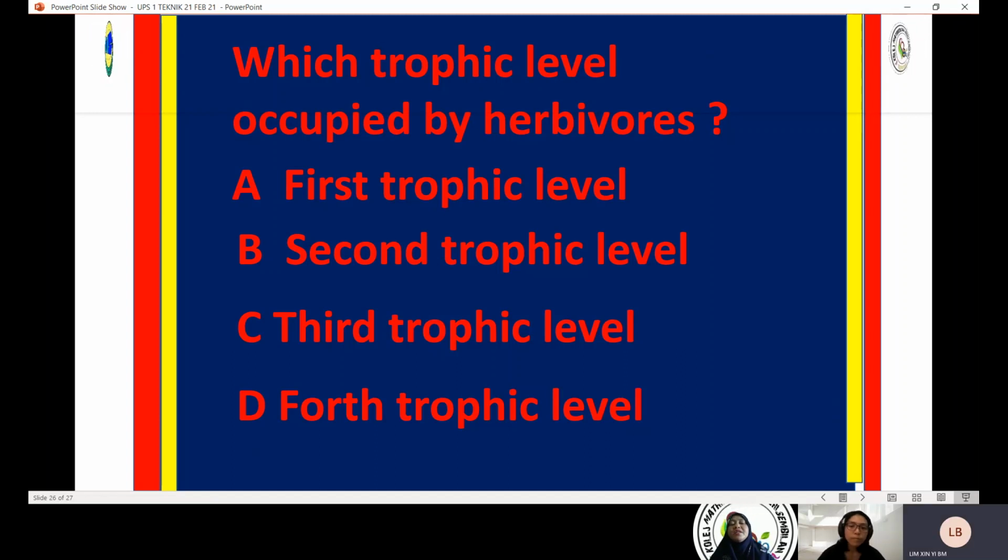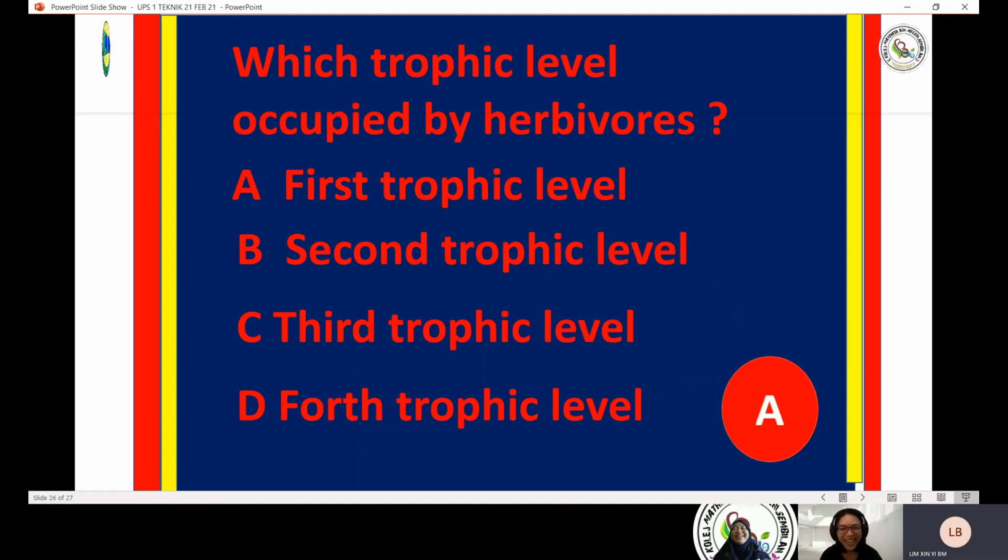So for this one you all have to understand the concept of food chain. And as well, you need to know the meaning of herbivore. So what do they feed on? Herbivores feed on the plants. So plants usually occupy the first trophic level, so A is definitely not the answer. The first trophic level is usually the plants. Then the herbivore will eat the plant, right? So the only answer would be